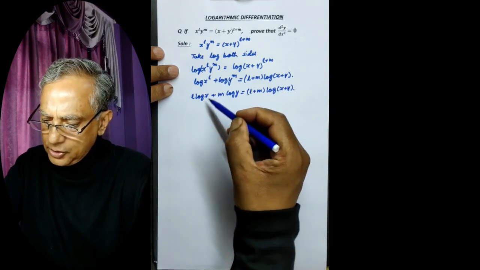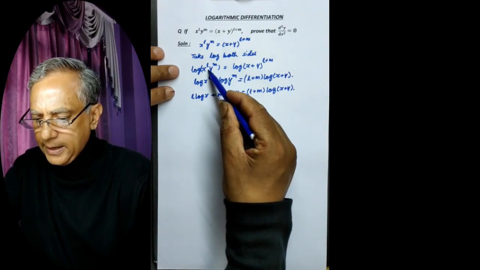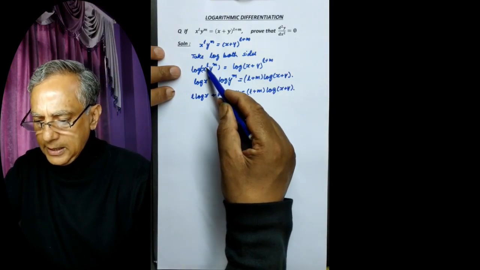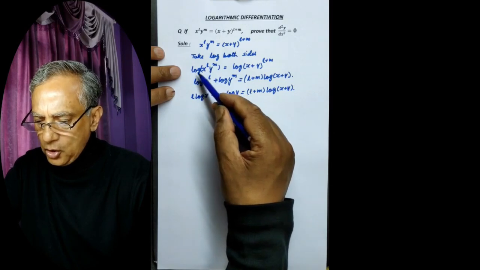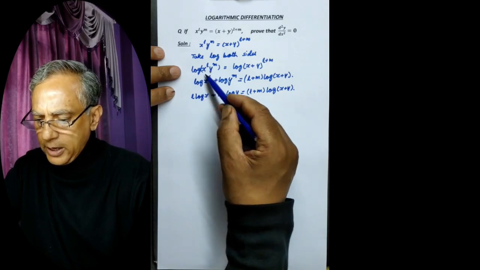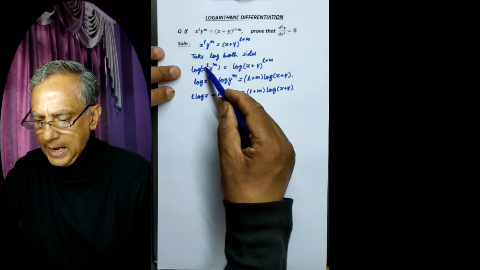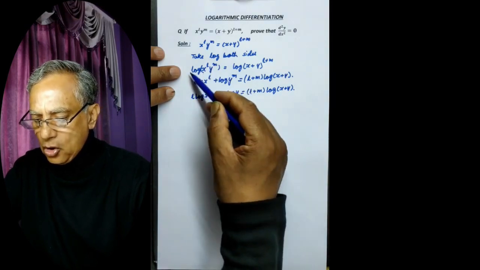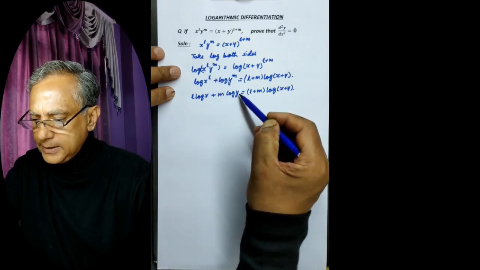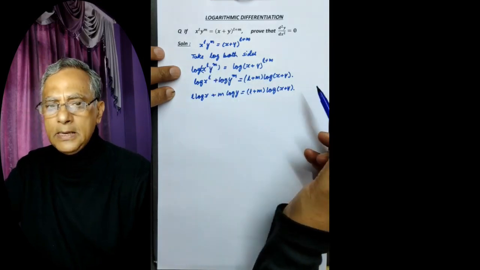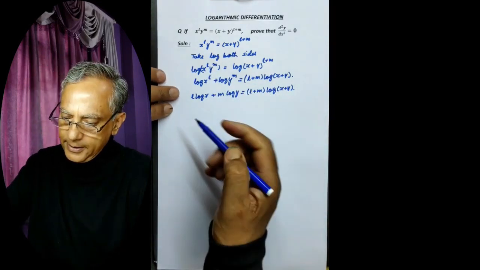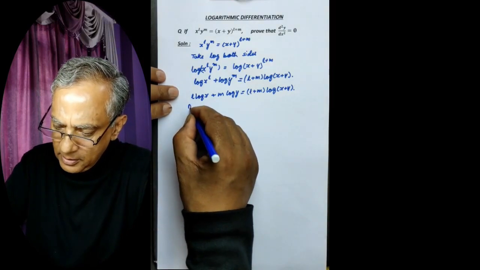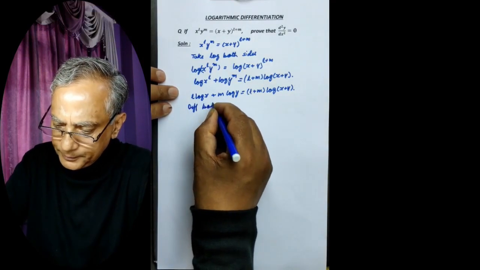You can write this step directly from here. You can directly write log x to the power of L plus log y to the power of m, so this will be L log x plus m log y is equal to L plus m log of x plus y. You can directly write this. Differentiating both sides